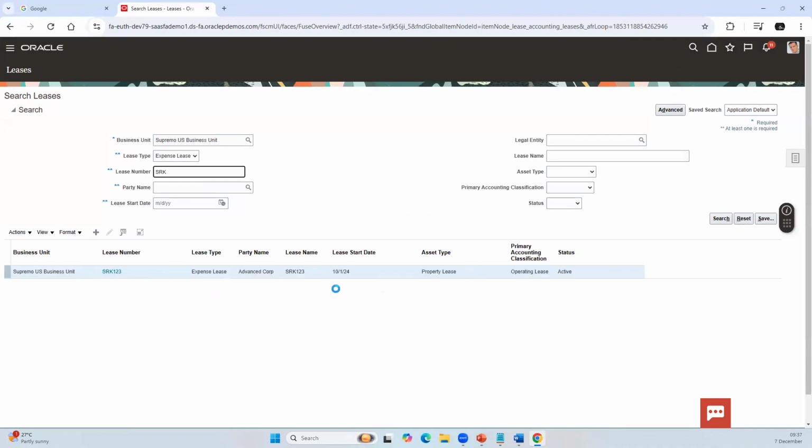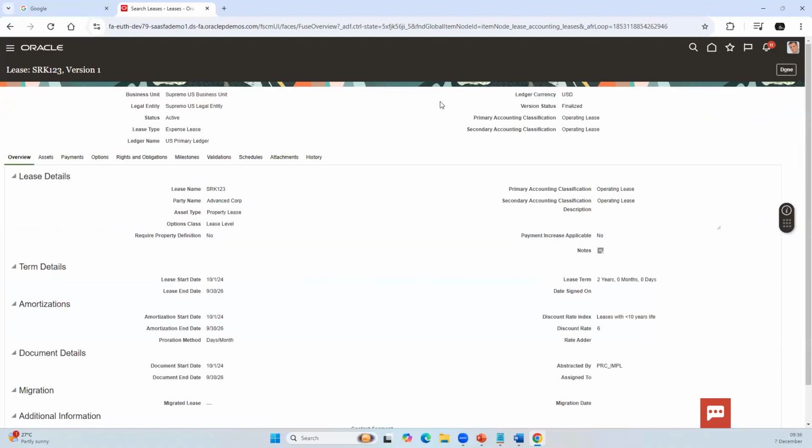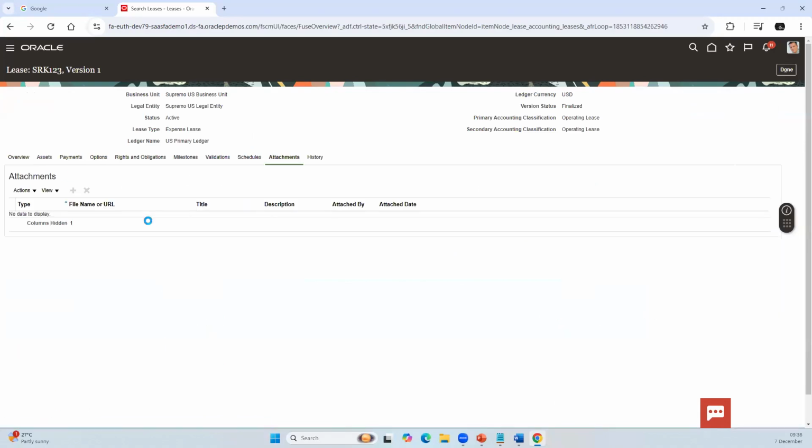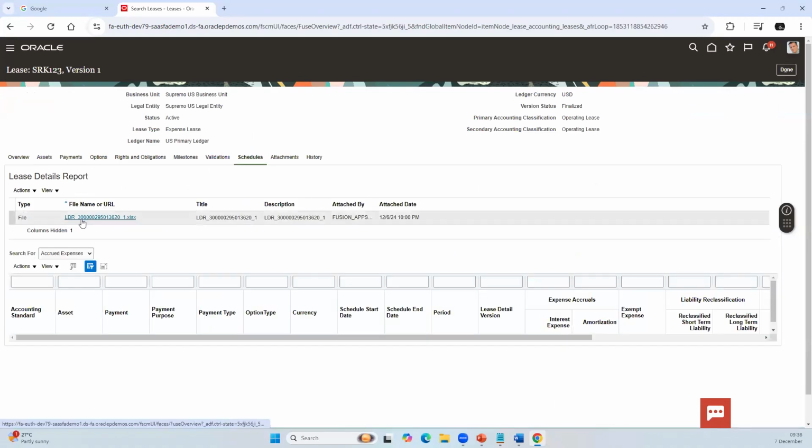Once it comes, the status of the lease will be shown as active. So once the approver approves, the lease will show as active. After it is active, if you go to the schedules, there is one report which will get activated. This report will give you the list of